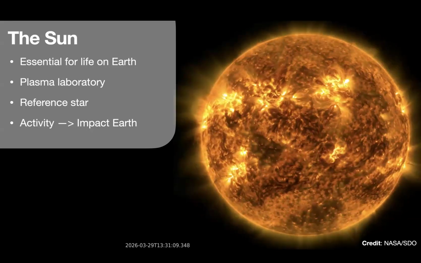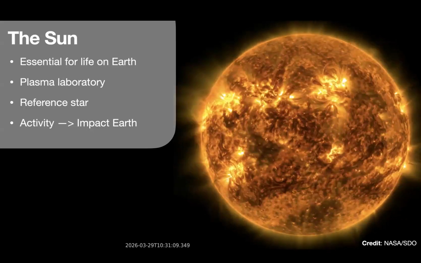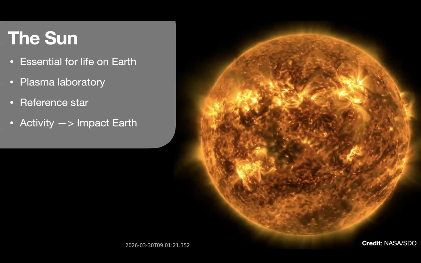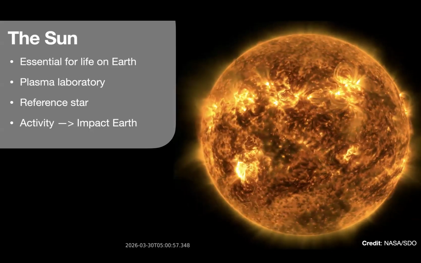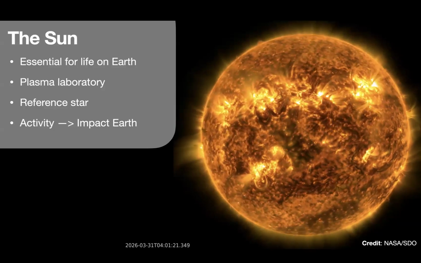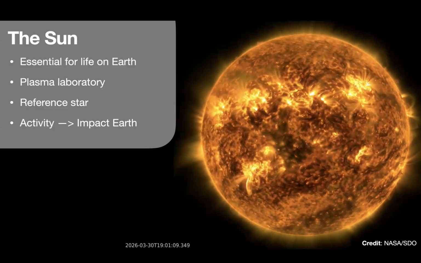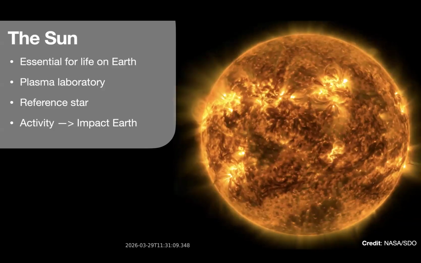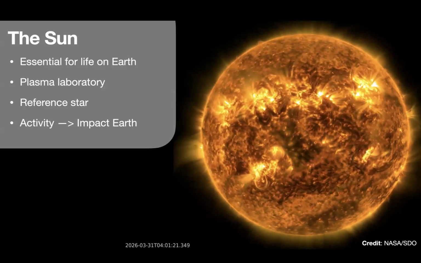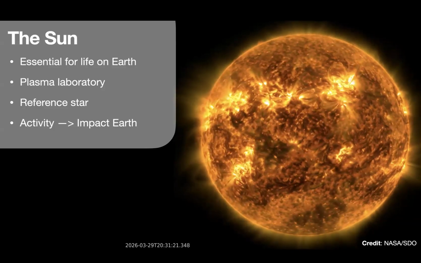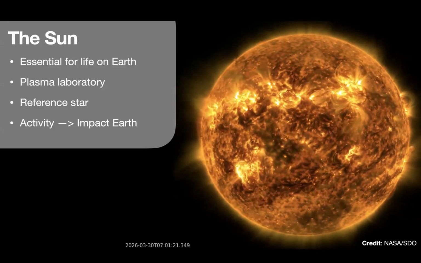The sun is also a very important reference star in stellar astrophysics, as it is the only star that we can resolve at least well. So it is a very important reference when studying other main sequence stars and especially sun-like stars. As I mentioned, the sun hosts a lot of different activity phenomena, and these phenomena can impact life on Earth in a major way through the disturbance of critical technologies and infrastructure.